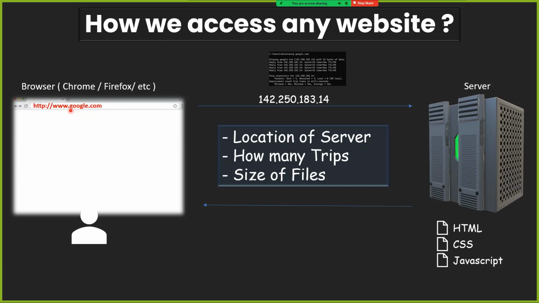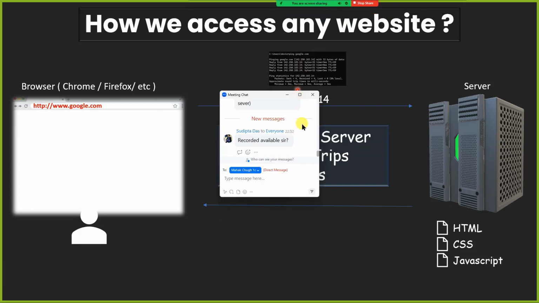So we will be registering this kind of domain names which will be attached to this particular server, where these files will be hosted. If anybody wants to access this particular website, then this connection will be sent to this server. These files will be sent to this browser and our website will be loaded on that particular browser, so that anybody,